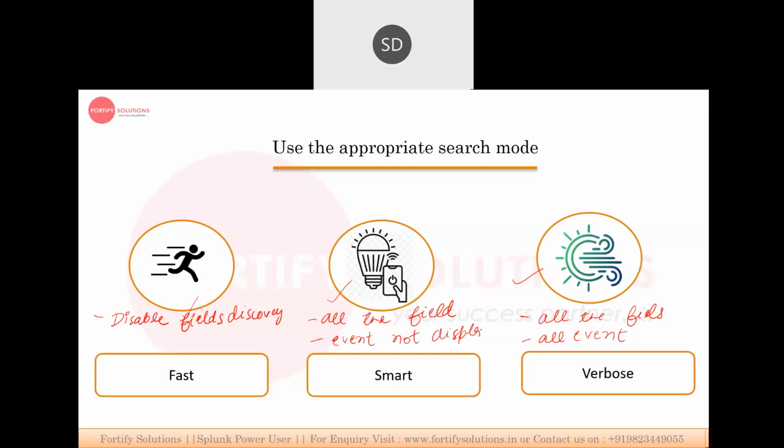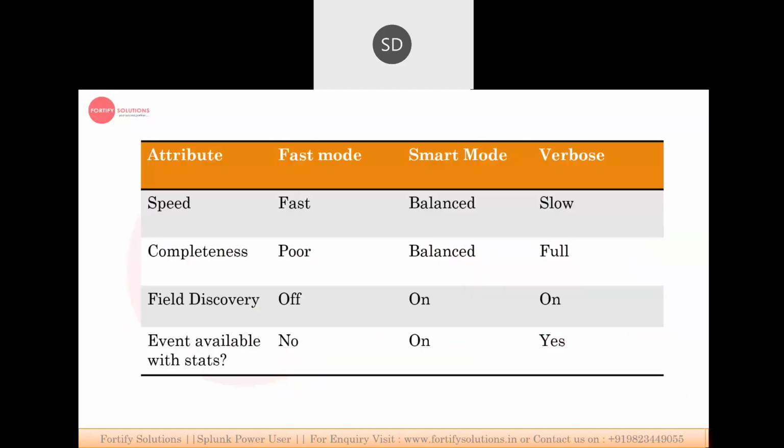These are basically the major differences between the modes. You can see here the attributes: fast mode, smart mode, verbose. Speed is fast in the fast mode, and slow in verbose, because it will search events, it will search everything. Go for the fast mode when you want to search a plenty of data; when the data is very small, you can go for the smart or the slow.